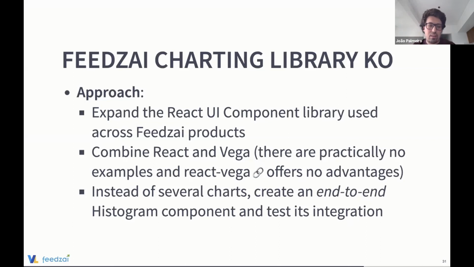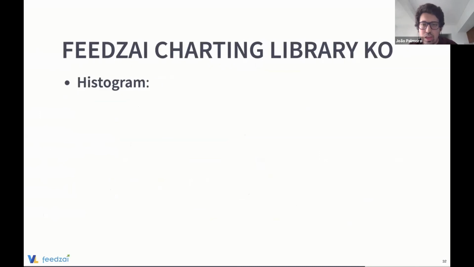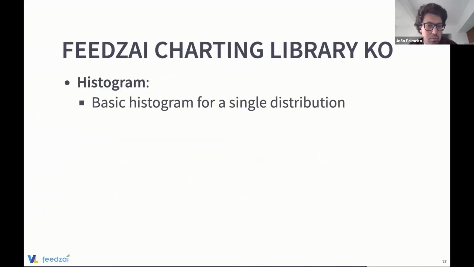Let's see how we can combine these two technologies to do data visualization on the web. Basically, this histogram is one we want to be full-fledged, with lots of options to customize it through a React component. So think about props that people can pass to the component, and then we'll end up with the JSON specification that will be rendered.